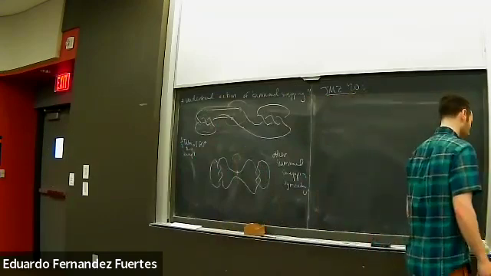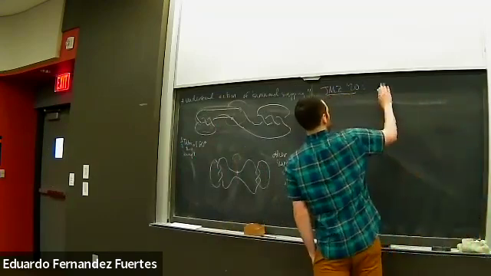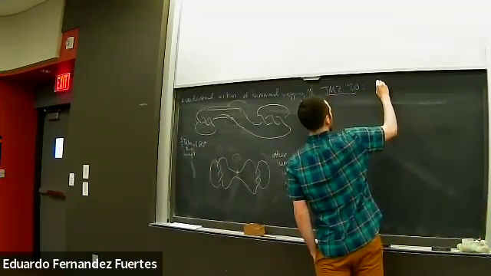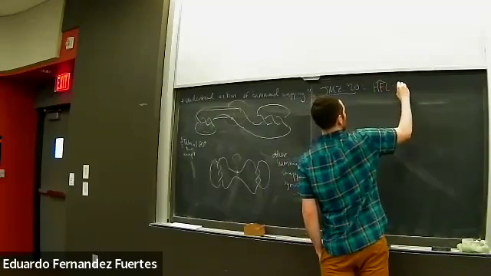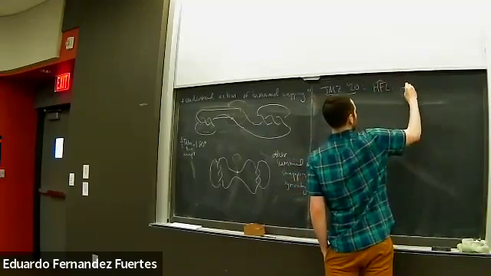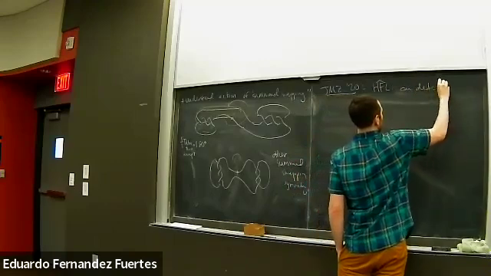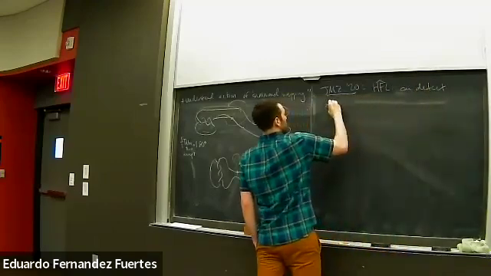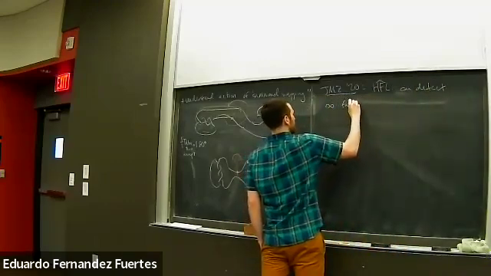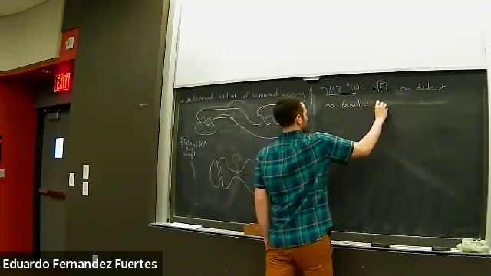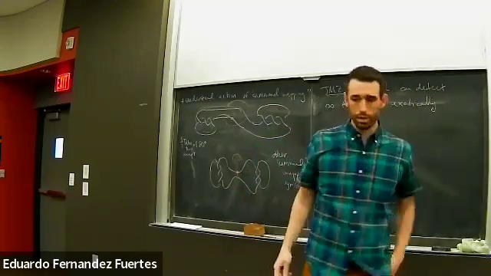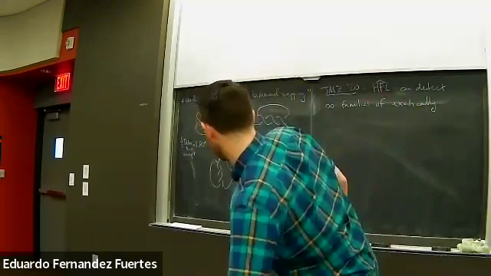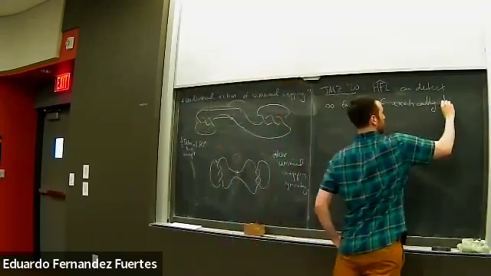And so, it turns out that you can use link homology to detect infinite families of exotically knotted